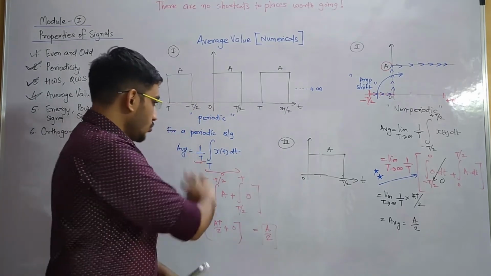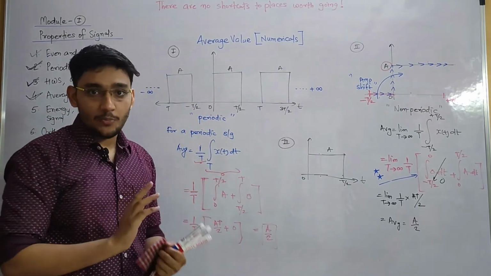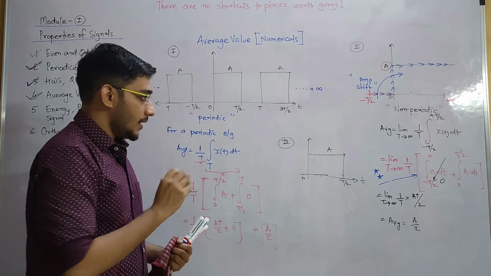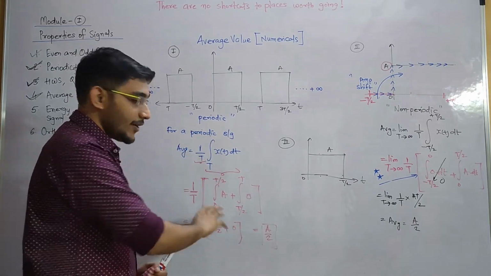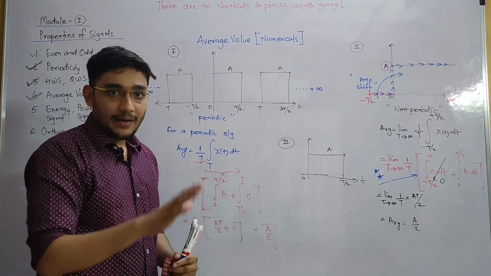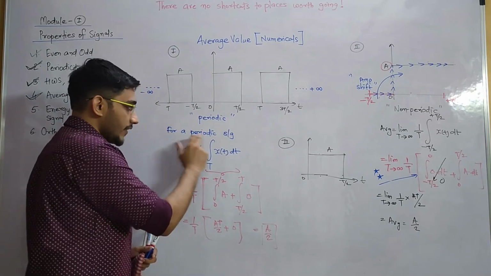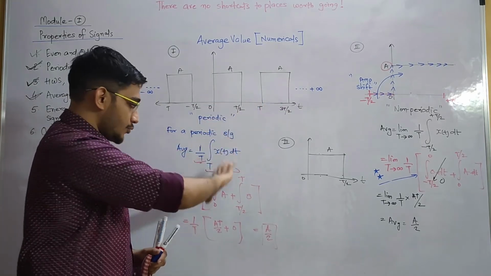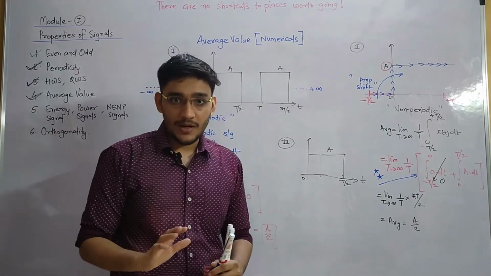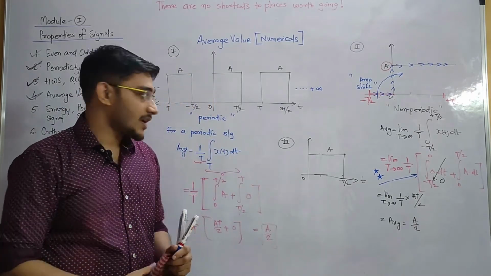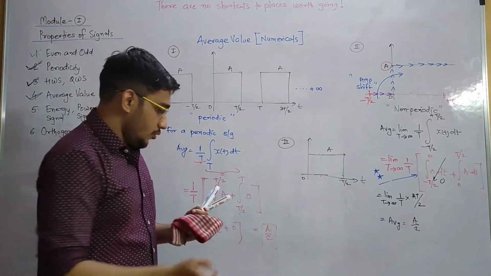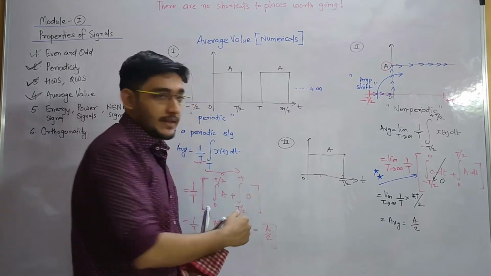So these two examples are very clear. I hope you have got it very clear, all the conventional way of solving. This is the conventional way, and I'm sure that now, after solving a periodic signal and a non-periodic signal, you will be able to use the formulas pretty easily in your next coming examples. So now let's talk about question number 3.